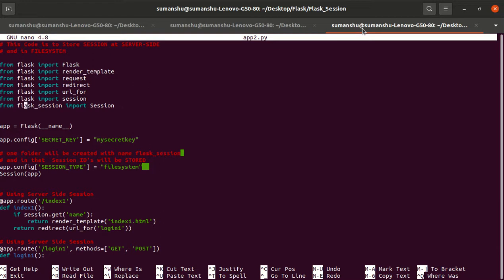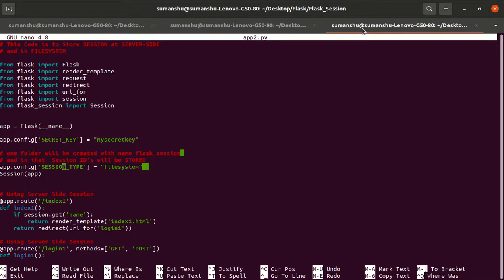Server side means that on the server we may have some database like SQLite, MongoDB, or even a file. So if we want to store the information at the server side, we need to use Flask session: from flask_session import Session.